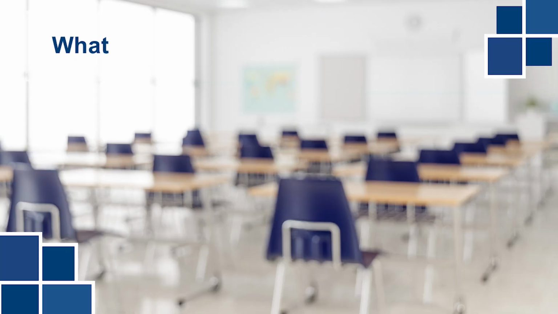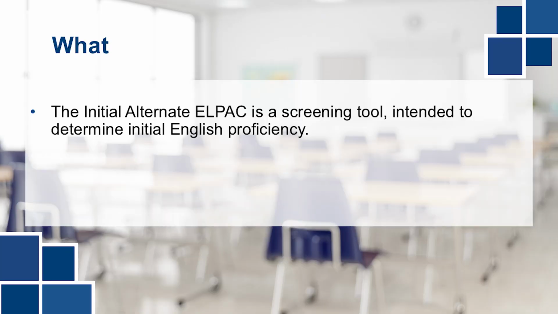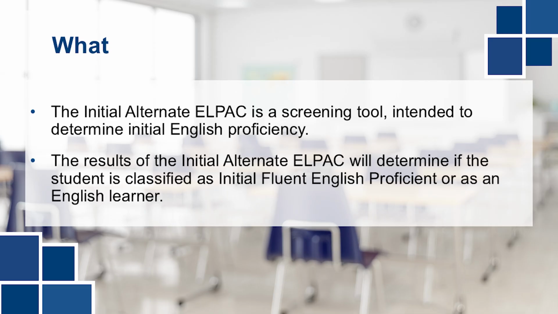What is the Initial Alternate ELPAC? The Initial Alternate ELPAC is a screening tool intended to determine initial English proficiency. The results of the Initial Alternate ELPAC will determine if the student is classified as Initial Fluent English Proficient or as an English learner. Initial Alternate ELPAC results should not be compared to the Summative Alternate ELPAC results, as the